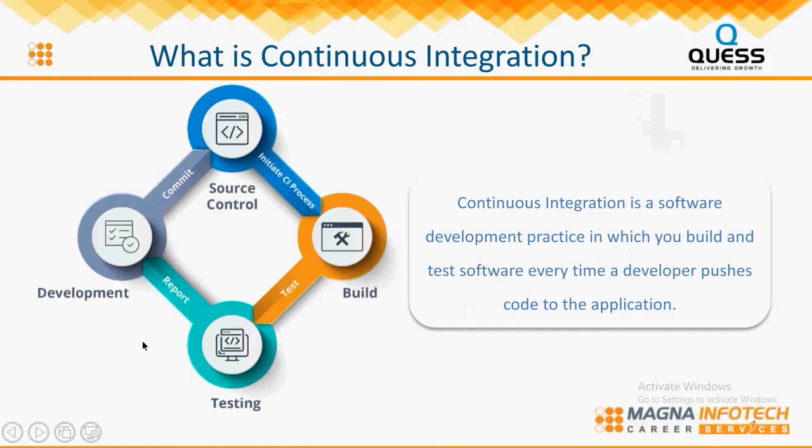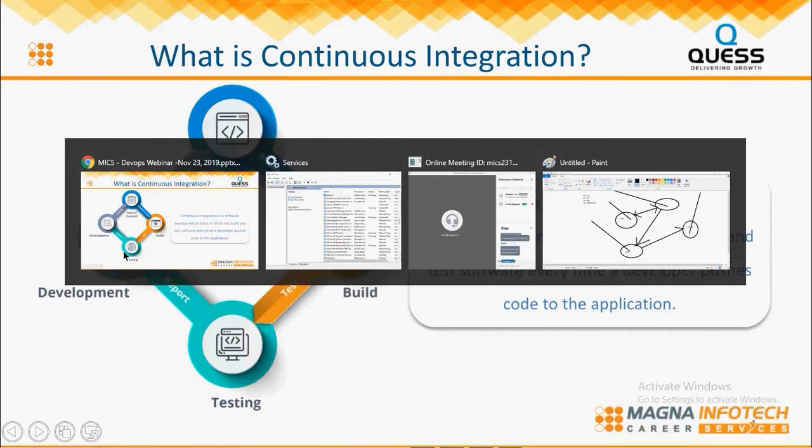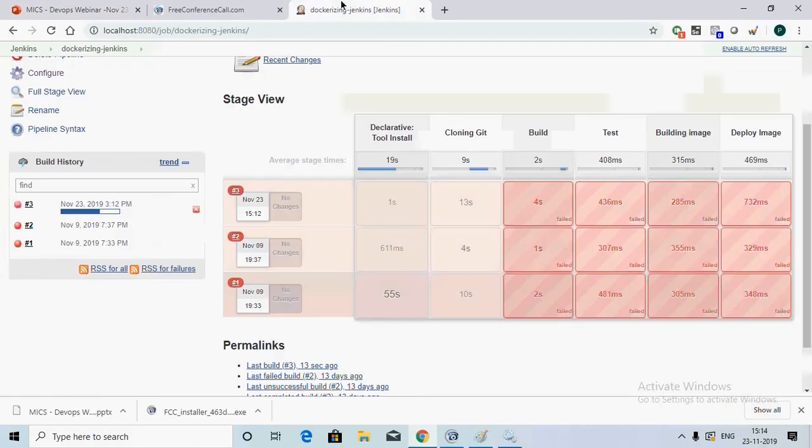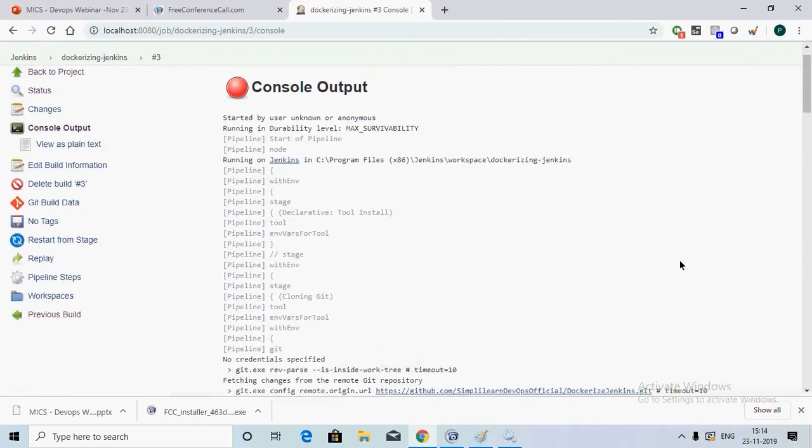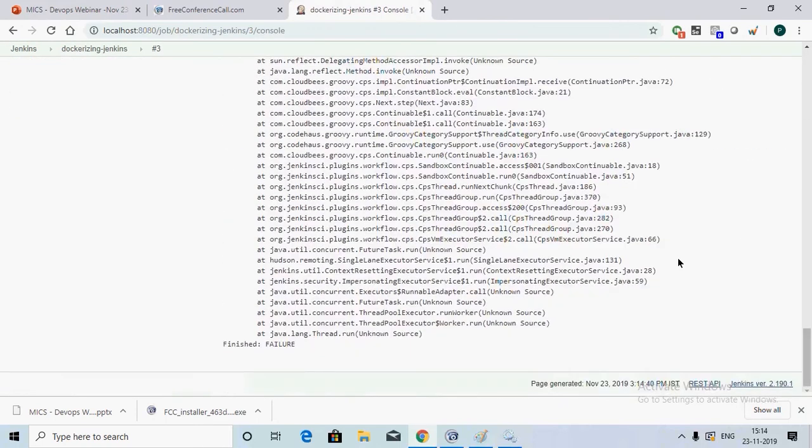This is the continuous integration tool which I just showed you. That is nothing but Jenkins. Once you commit the code, you initiate the process, you test it, build it, and report it. If you go back here and see, it will give you a report whether it is successful or not. This is the list of reports.